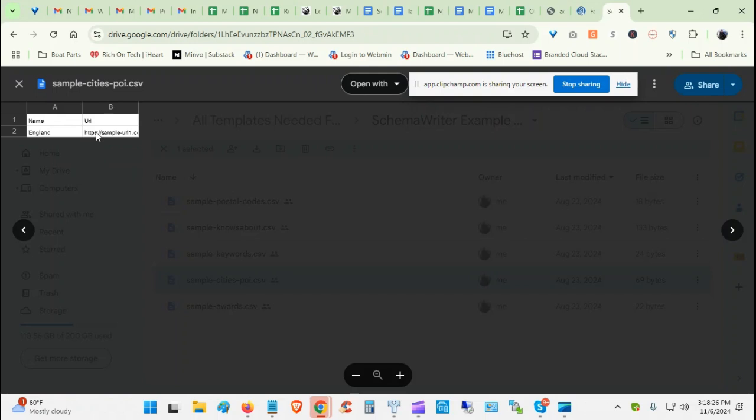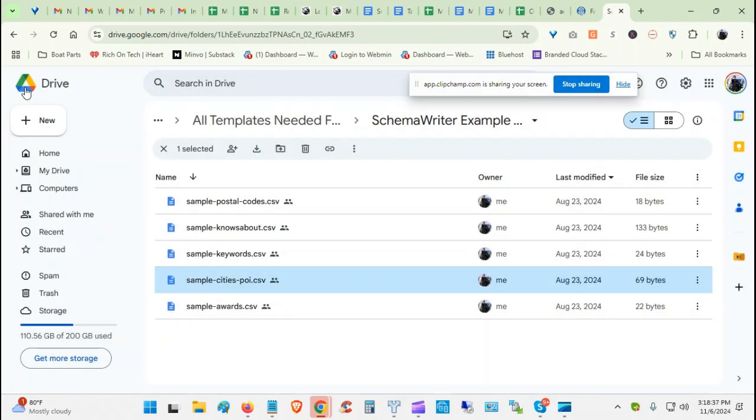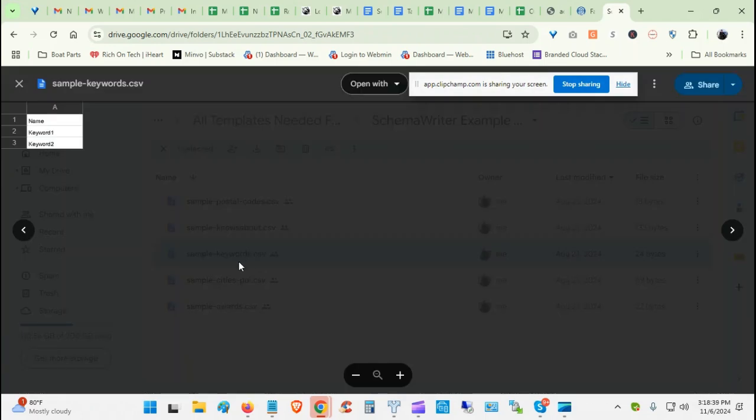Only has two columns. So we'll fill all of those in as we collect the data. And there are different ways to do it. We collect it with ChatGPT. Keywords, we also use ChatGPT. And as we collect those, we'll place them here into this